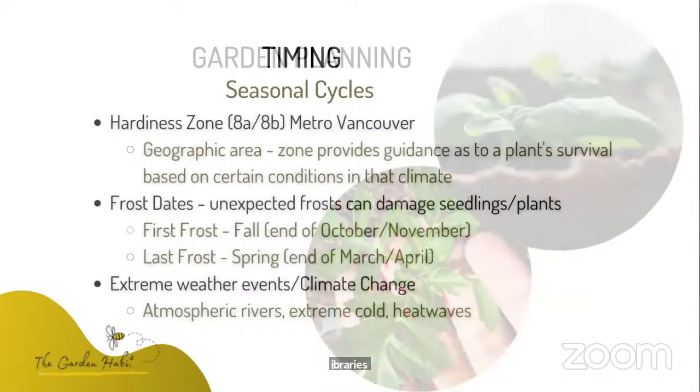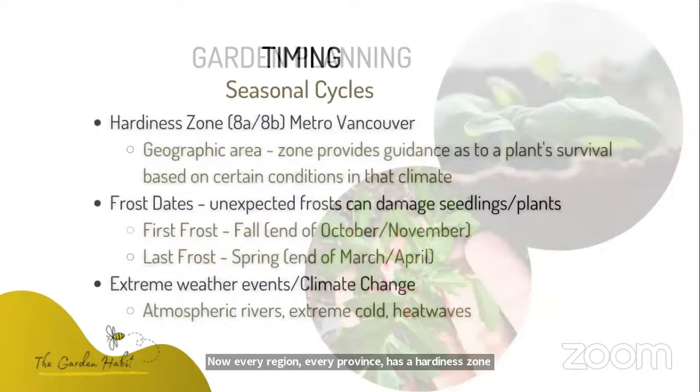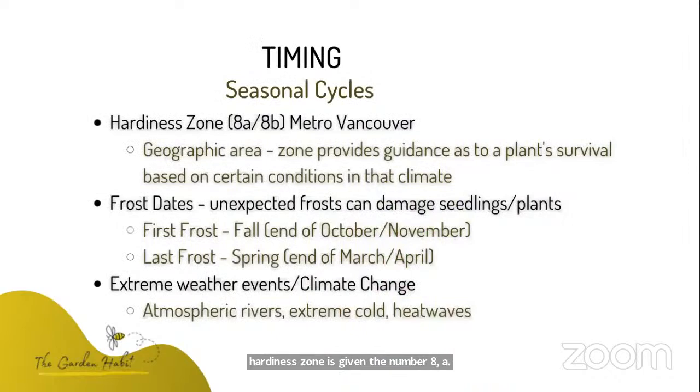Okay, so when it comes to timing, we really have to think about the seasons. And climate change, I would say in the past 5 years, has really impacted our growing season, even though we have a longer growing season in British Columbia. Now, every region, every province has a hardiness zone, which is given a number. And in Metro Vancouver, our hardiness zone is given the number 8A, 8B. And essentially that is a geographic area or zone that provides guidance on a plant's survival based on certain